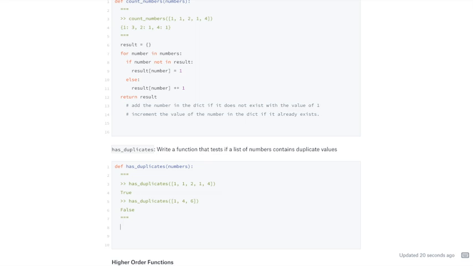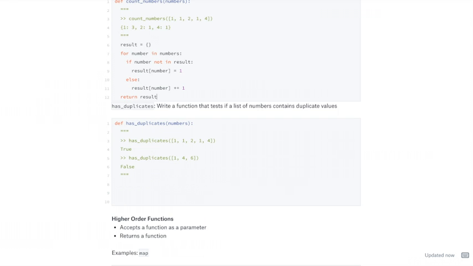So what we can do is we can call count numbers, and what this will give us is the count for each of the numbers, and then we can loop over those counts and see if any of the counts is greater than 1. Okay, so we just call counts is equal to count numbers of numbers, and then